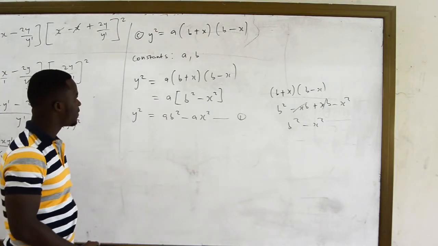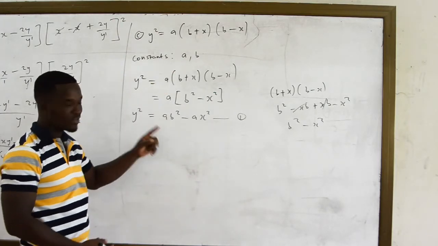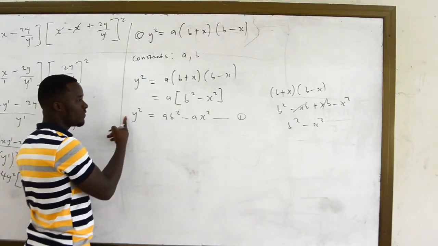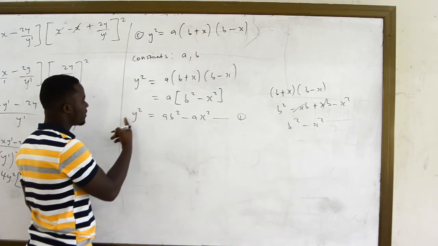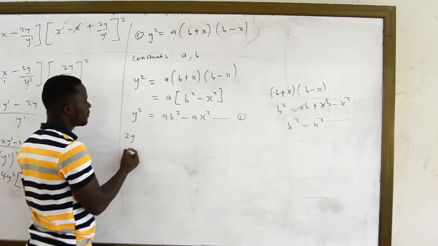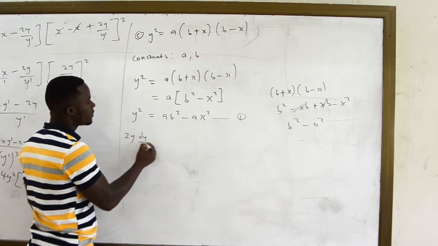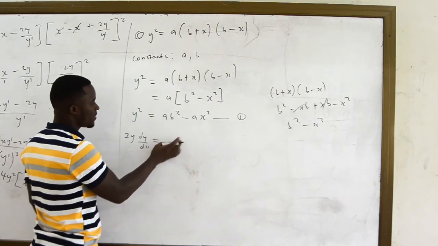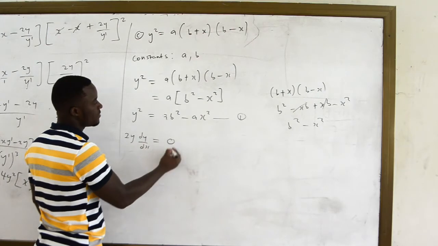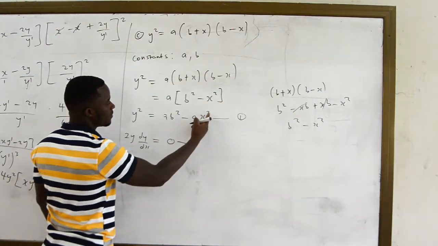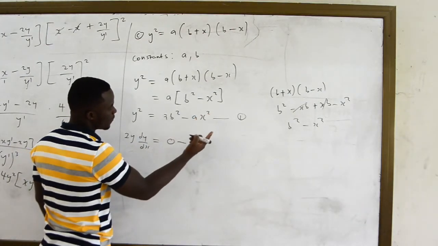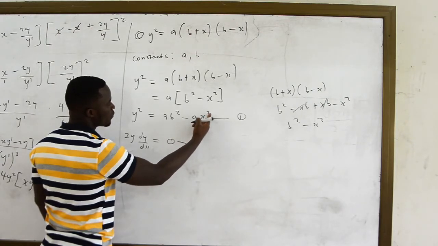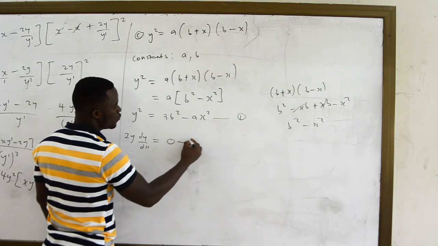So first, let's differentiate. y is a variable, y is a function of x. So when I differentiate, I'll get 2y dy/dx is equal to 1, differentiating with respect to x. There is no x here, so this side is 0. Minus, this is acting as a constant. So when I differentiate this one with respect to x, it becomes minus 2a